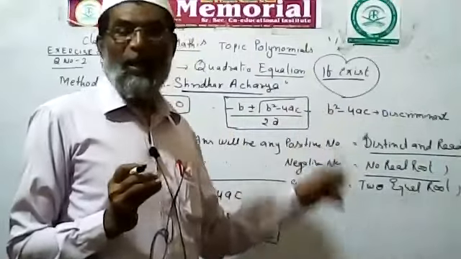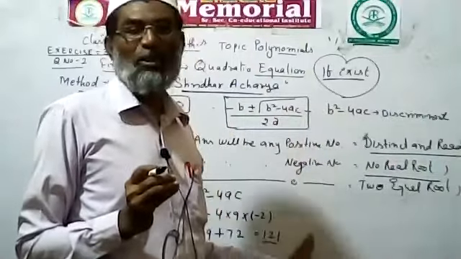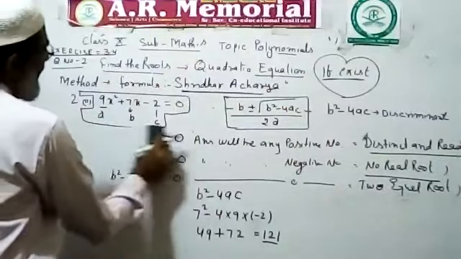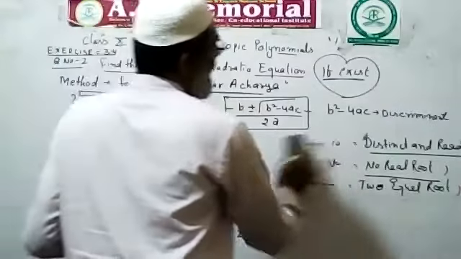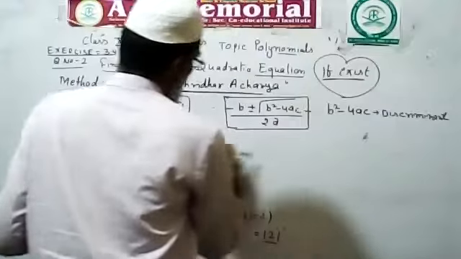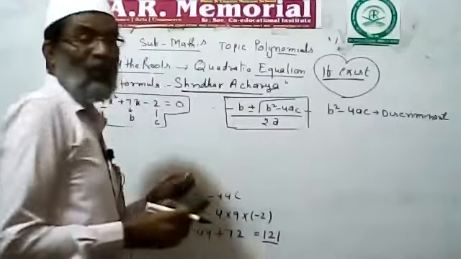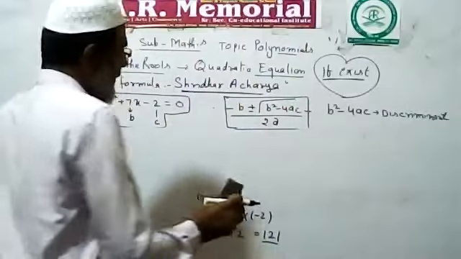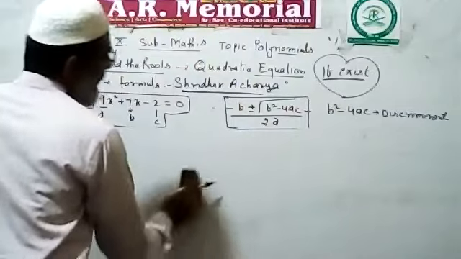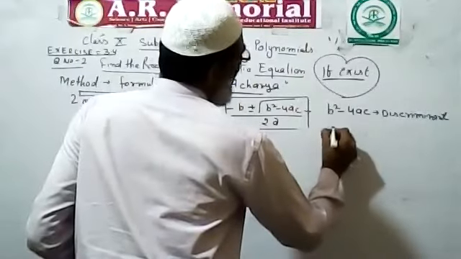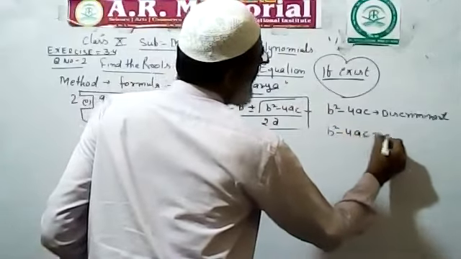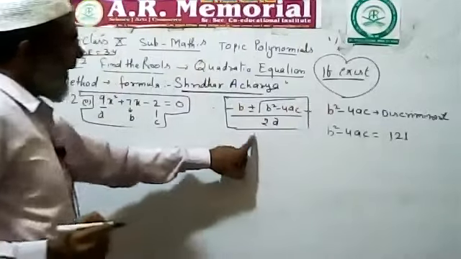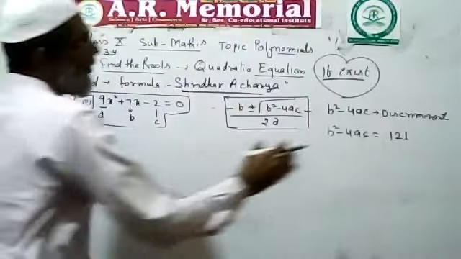Now I erase it and do the remaining part of this question. Look carefully. Here I got this. Now it is not necessary for me. This is also not necessary. This is also not necessary. These steps are only for deciding which type of answer we can get if we solve this. But one thing is there: b square minus 4ac is equal to 121. I got it. Now I will take this and put these values.